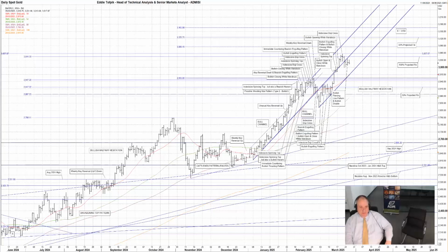Spot gold. A reactionary small bullish piercing line pattern and bullish doji yesterday after the previous session's second bearish black crow. This was the end of the small pullback from making a new all-time high last week. We have some round number support below from the 3000 level, and we also still have overhead the dark blue middle